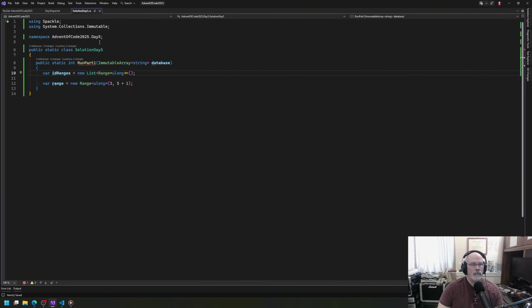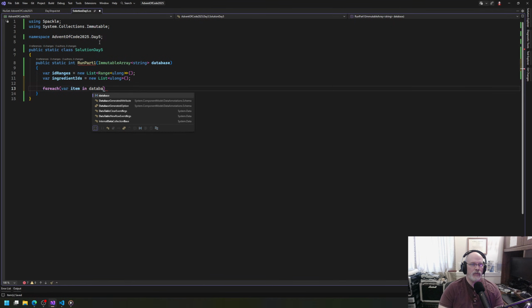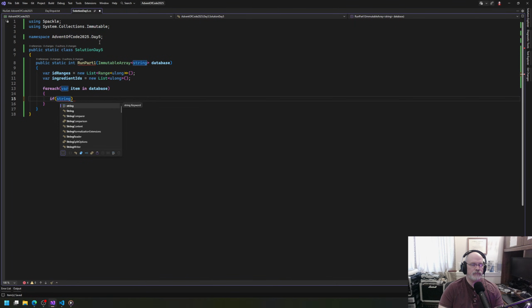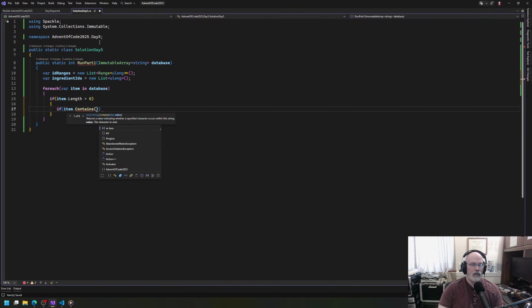Okay. And we also know that we're going to have ingredient IDs. And that's going to be a list of just ulongs. Okay. So now we're going to do a for each for our item in database. And we're going to say if the item string item.length is greater than 0, so it's not the empty string. If item contains a dash,